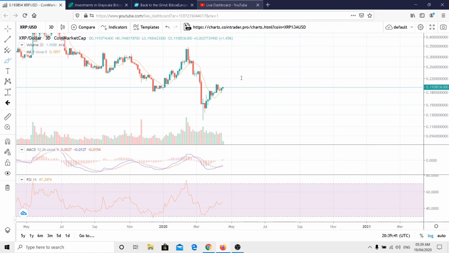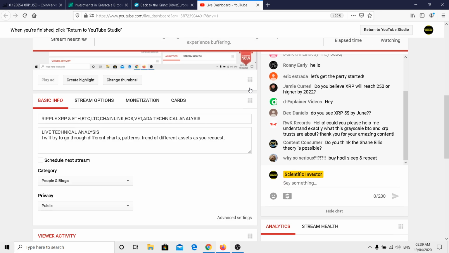Now if we put in more indicators, say for example a 50-day moving average or a 200-day moving average, we have to actually understand what's happening. Now the message is, D Daniels is asking, do you see XRP $5 by June? Predicting a timeline for,